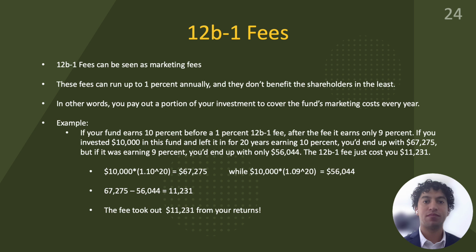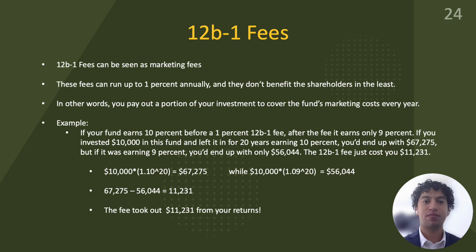Now let's look at an example. If a fund earns 10% but charges a 1% 12b-1 fee, you actually earn 9%. On a $10,000 investment over 20 years, earning 10% would give you around $67,275. But with a 1% fee reducing your earnings to 9%, you'd only have about $56,044. That fee just costs you $11,231 over time. So in this slide, remember that it's essential to be aware of the fees and to understand their long-term impact